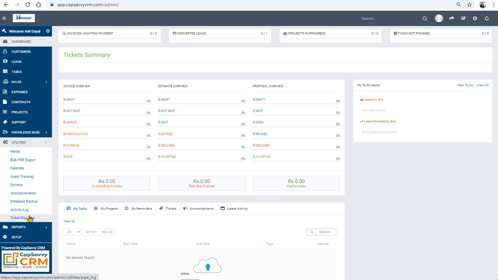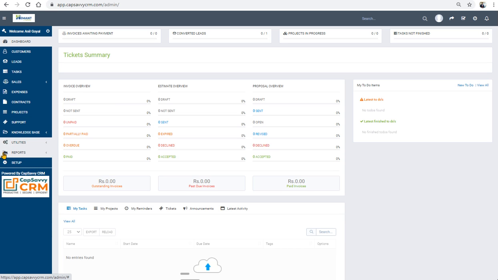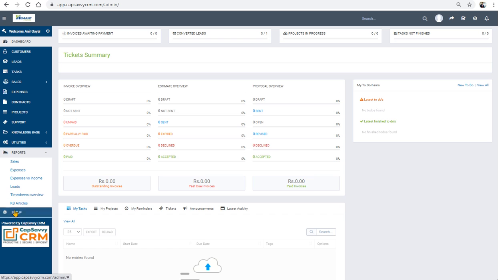important for you, which should be readily available, then you can bring this ticket pipe log in the main section also, instead of having it in the drop down. Similarly, in the report section, there are timesheet and timesheet overview. Now, if you want to see timesheet on a daily basis, and it is very important, then you can bring the timesheet also in the main slide. How do we do that?